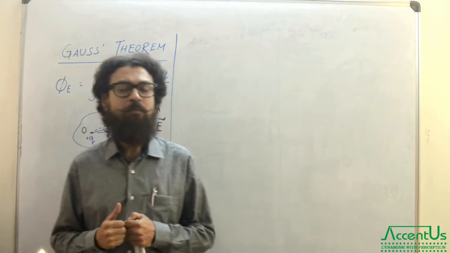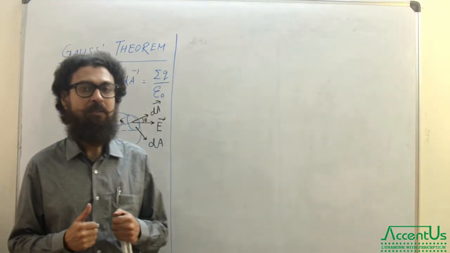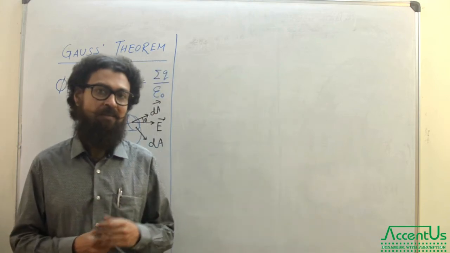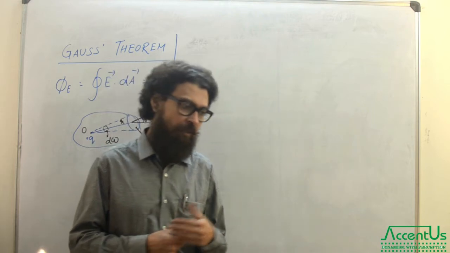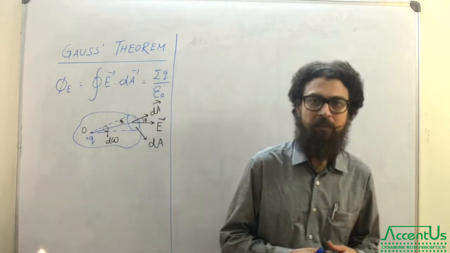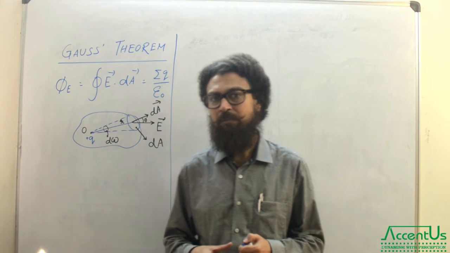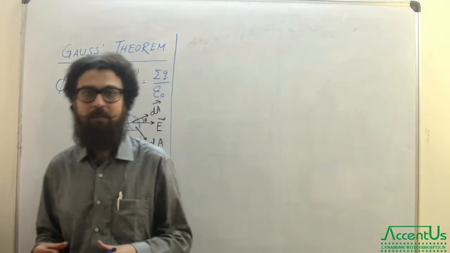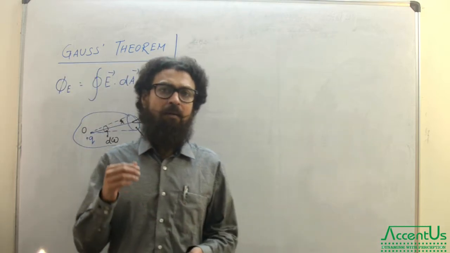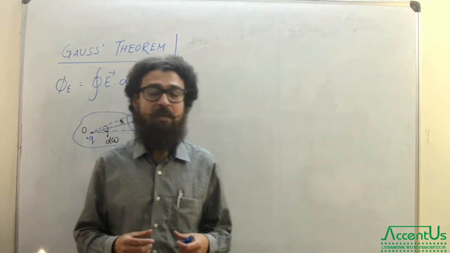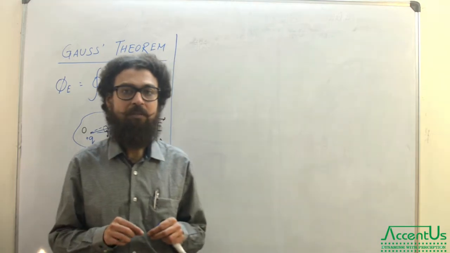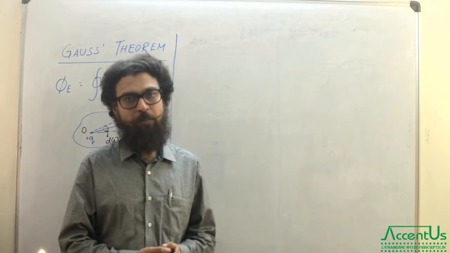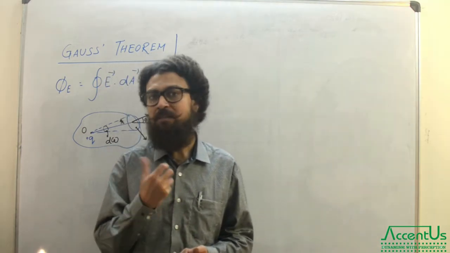In order to tell you what is Gauss's theorem and what is the statement of Gauss's theorem, at first we have to understand what is the necessity of Gauss's theorem. I was telling you that whenever we have a distribution of charge and we want to know the extent or the domination of electric field over a particular space or area or region, then we actually have to at first enclose those charges with a surface. There is a question which usually comes in board exam, and they ask you what is Gaussian surface.